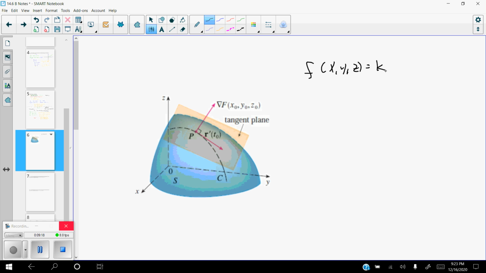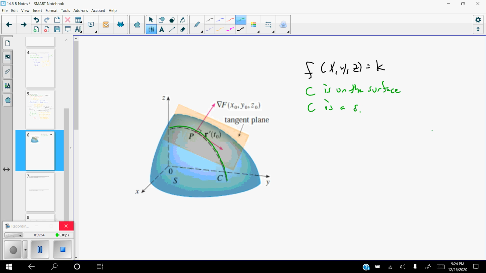You got to have basically all of your variables on one side and some constant on the other in order for this to work. And you can pretty much make that out of anything as long as you just move all the variables to one side. C, I'm going to highlight C in green. C is this thing right here. So C is on the surface. Yeah, C is on the surface of F. C is also